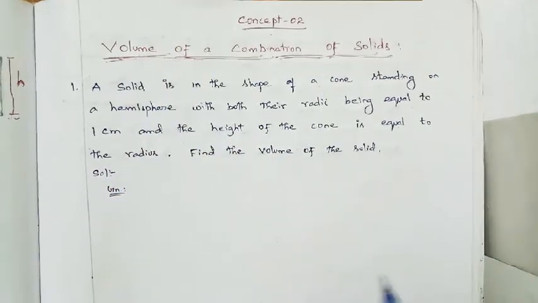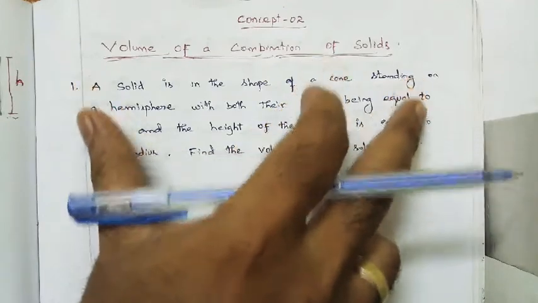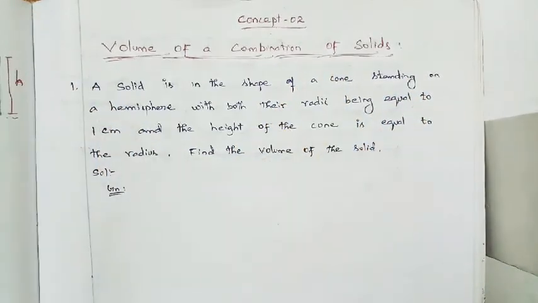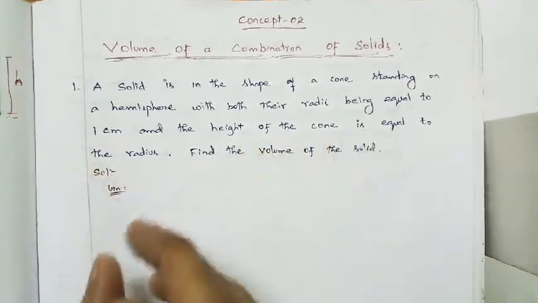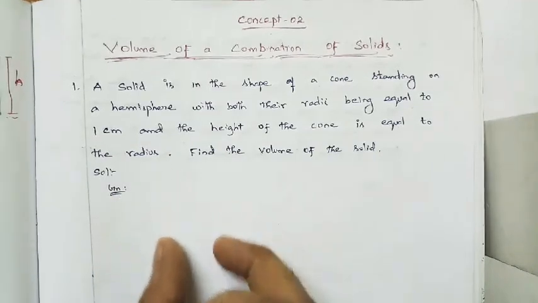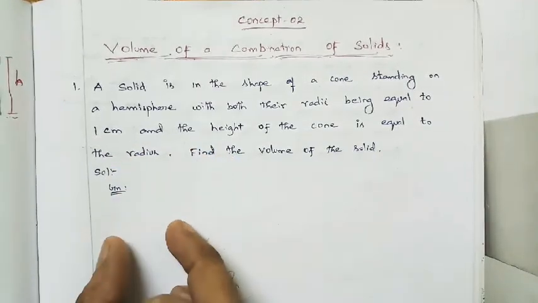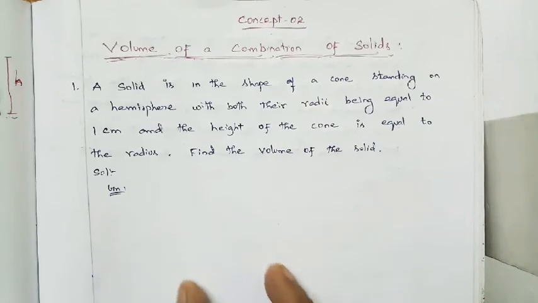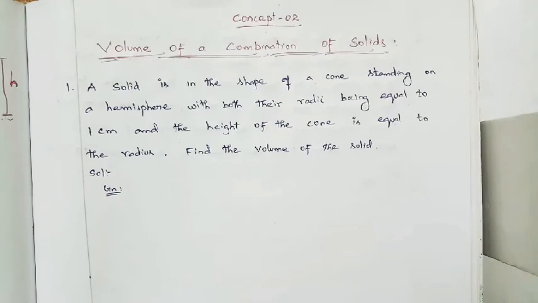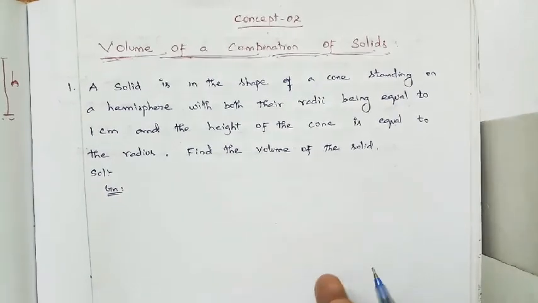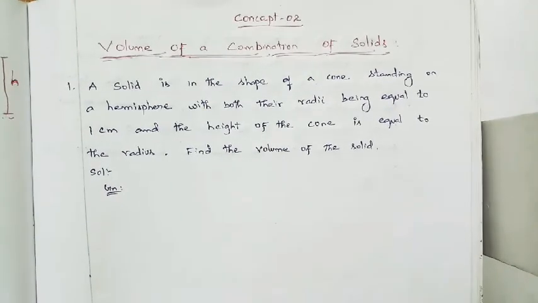So first, we have to read the question. They have given the diagram, no problem. If the diagram is needed, just draw the diagram. By reading the question you have to sort out the givens: what shapes we are having, and for each shape what the givens are. Note them down separately. Already we know the formulas for the volume of solids, so just apply the formula and find the solution by simplifying the values.